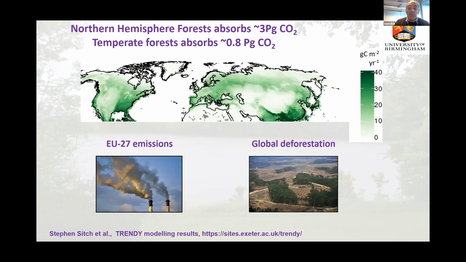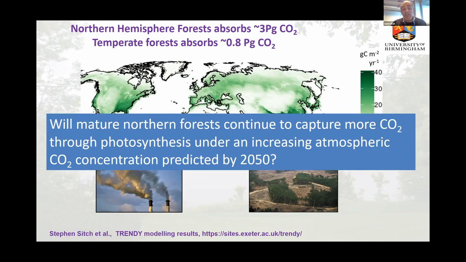So this uptake pretty much equates to the total EU 27 nations emissions of carbon dioxide from anthropogenic sources. And this is roughly equivalent to the amount of CO2 being emitted in a year from global deforestation. So the northern hemisphere forests have substantial potential to capture, and they do capture a lot of carbon. The question is how long these forests will sustain such an uptake. And because the atmospheric CO2 concentration is increasing, will these forests be able to capture more and more carbon as we see an increase in atmospheric CO2